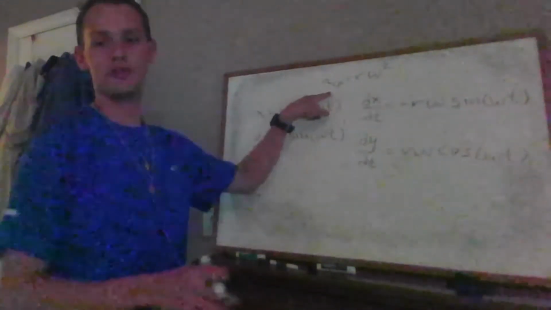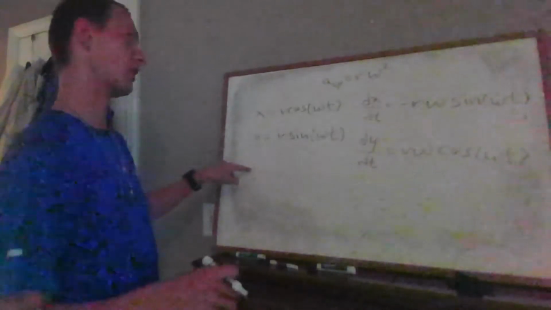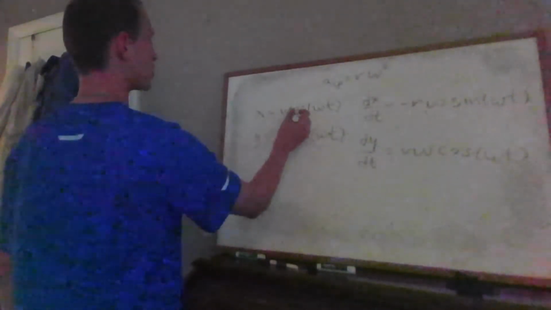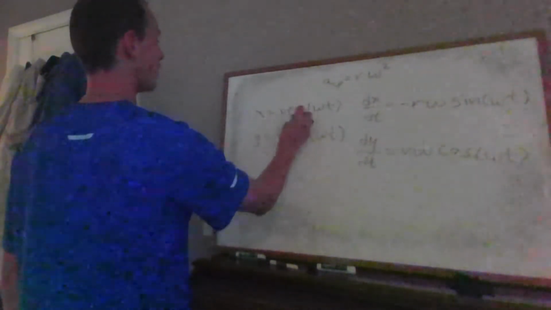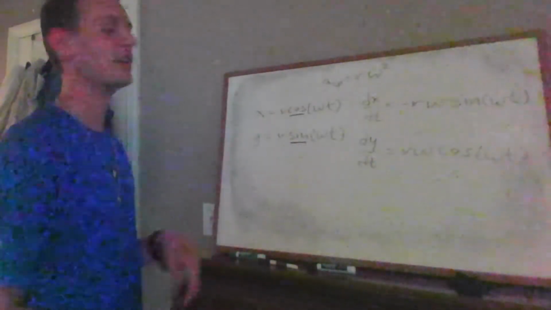And if you're a few steps ahead of me, and you know that we're going for acceleration, you really would be taking the second derivative of both of these. And hopefully you remember a quick trick for that: you could pull out this omega and square it because you're doing the second derivative, right? Chain rule twice. And when you have a trig function like cosine or sine, an easy thing I remembered in calculus was you take the opposite of it and you square it. So both of these are going to be,